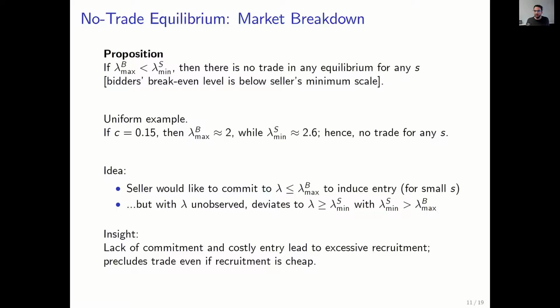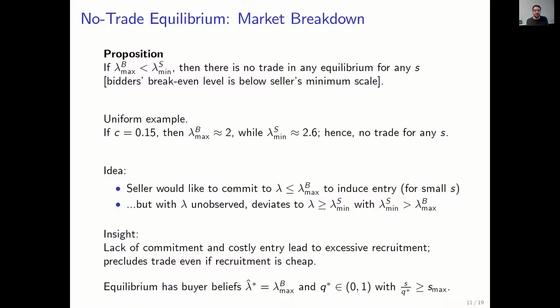So this is the implication of no commitment. It's a direct implication. I don't have to prove anything else, right? Notice maybe one thing. So how does the equilibrium look now? We have no equilibrium with trade. So how does the equilibrium without trade look? Well, it can't be that Q is equal to 0. If Q is equal to 0, that means no bidder enters. Well, if I know that no other bidder enters, I want to enter for sure. So then the seller would have an incentive to recruit bidders if S is small. If Q is equal to 1, then the seller also has an incentive to enter. So Q has to be between 0 and 1. So the belief of the bidders has to be such that their expected utility from entry is equal to C. And then they will be mixed, and we'll have to set Q so that the seller doesn't recruit. Okay, that's the basic idea.